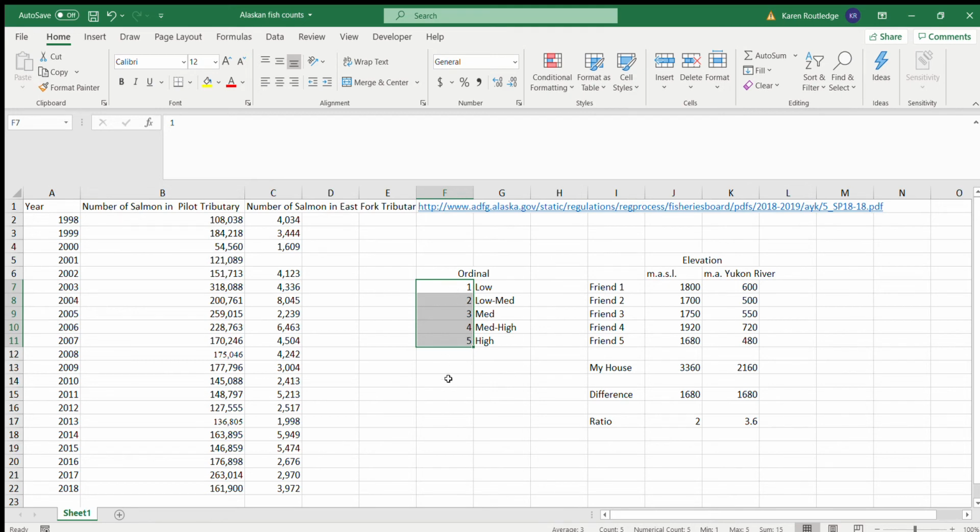So I've highlighted these values here. Excel will tell us that the average is 3. We could ask Excel to calculate a standard deviation and a variance, and we could do a lot of the statistics that we have been doing on them. However, we would have to know something about our data ahead of time. If these numbers are truly categories, then it is valid to take this 1, 2, 3, 4, 5 and substitute it with a low, medium, high scale. And as you can see here, because we have words,